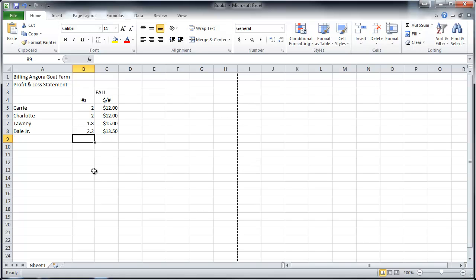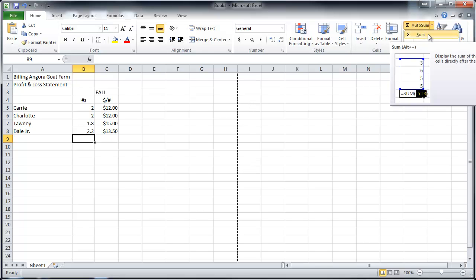There's an easier way. Do you want to know it? Alright, let me show it to you. So you can come over here to AutoSum and you drop it down. And you have some basic keys here. So you could average them. I could get the average amount of fiber per goat. I get the minimum and the maximum number of fiber per goat. All those things would be great, but I really just want the total. So if I hit sum,